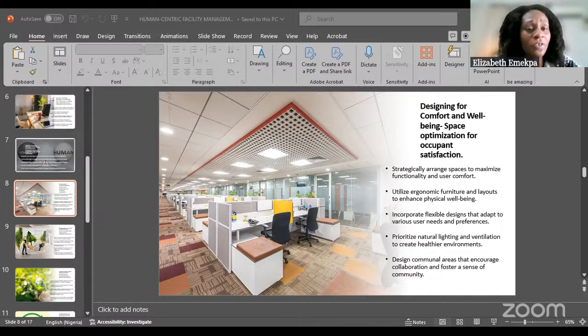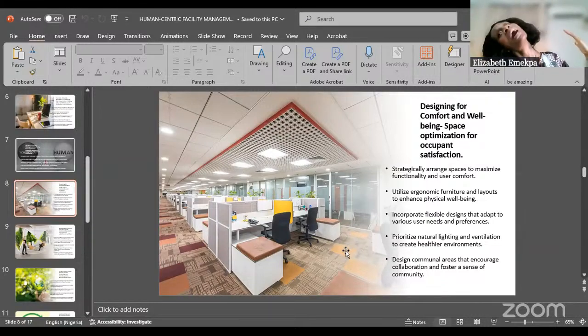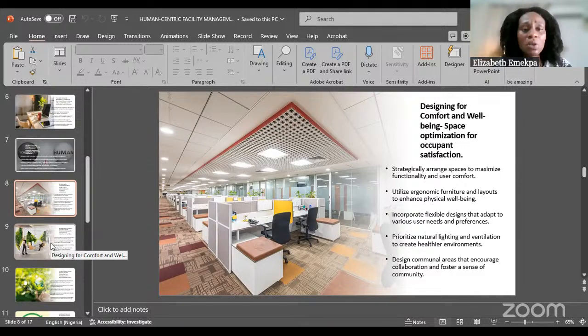Provide comfort for your staff. Let them be able to sit down, sit right and do their work without going home having neck ache, back ache, or eye problems because of too much glare, too much light, or back problems because they're not sitting right, the desk is too low, okay? Always ensure you provide the right furniture, very important, the right furniture for your staff and also for those that walk around you and work with you,